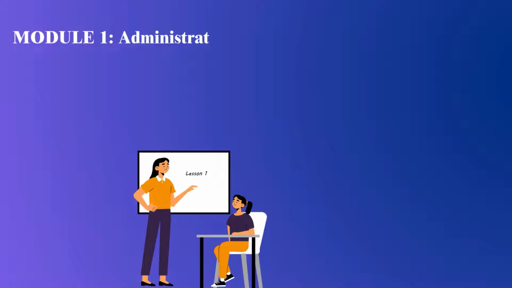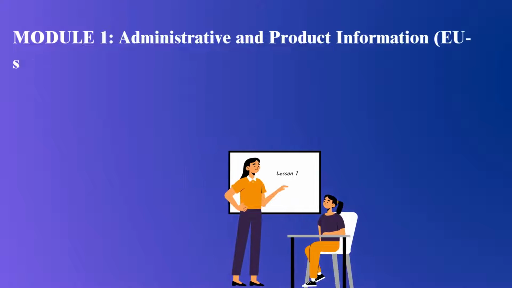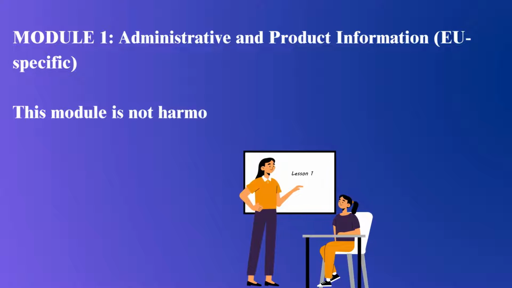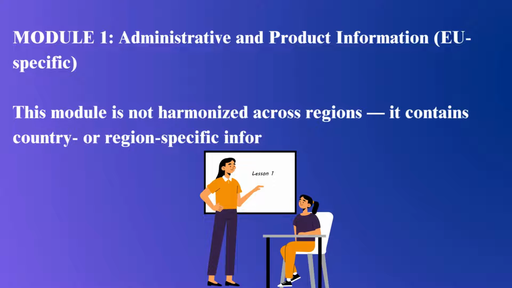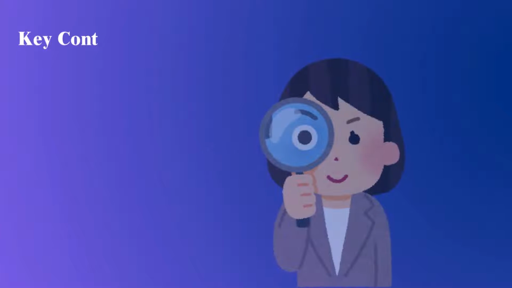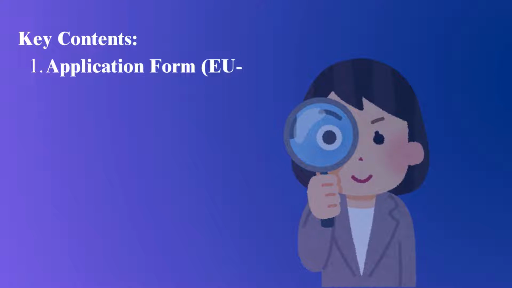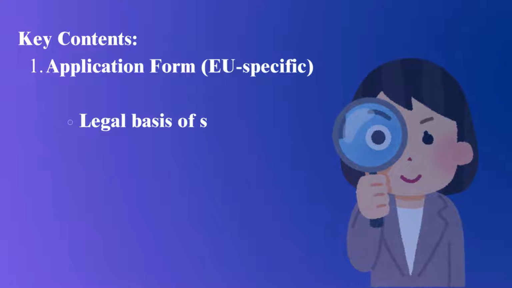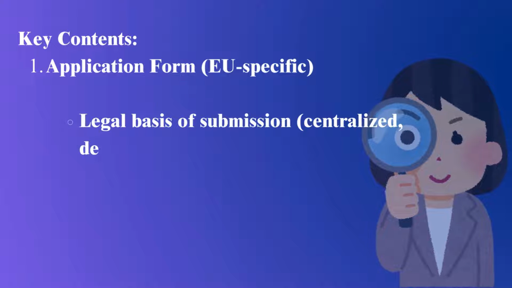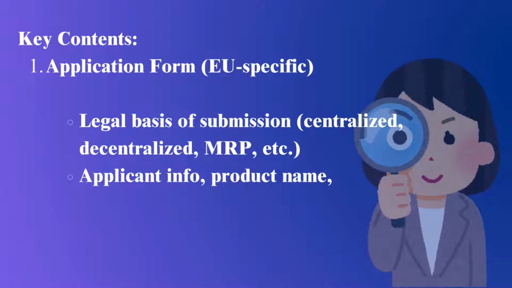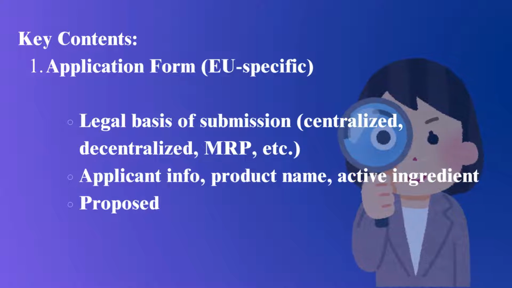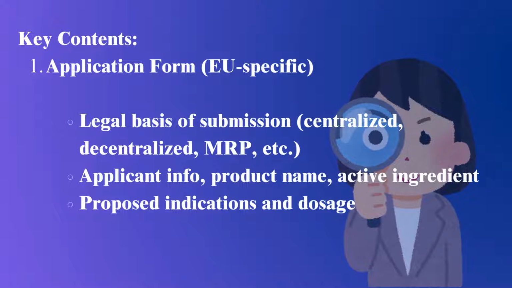Module 1, Administrative and Product Information. This module is not harmonized across regions. It contains country or region-specific information. In the EU, it includes key contents: 1. Application form, EU-specific, legal basis of submission, centralized, decentralized, MRP, etc., applicant info, product name, active ingredient, proposed indications and